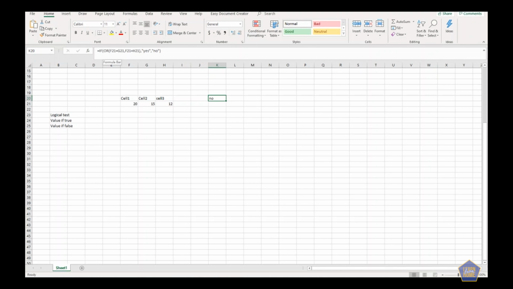So let's say here you have your if. Well, if you want to test more than one formula, you just write down if, then you write down your or, and you can write all your logical tests, then value if true, value if false. The last variation of the if